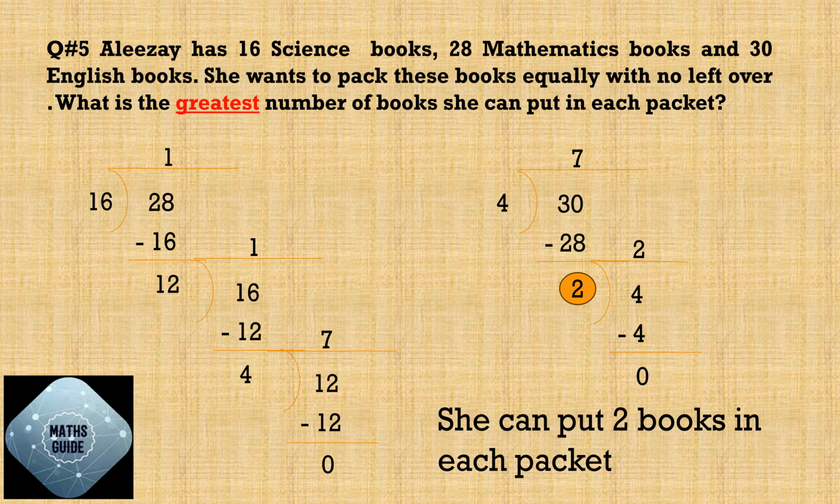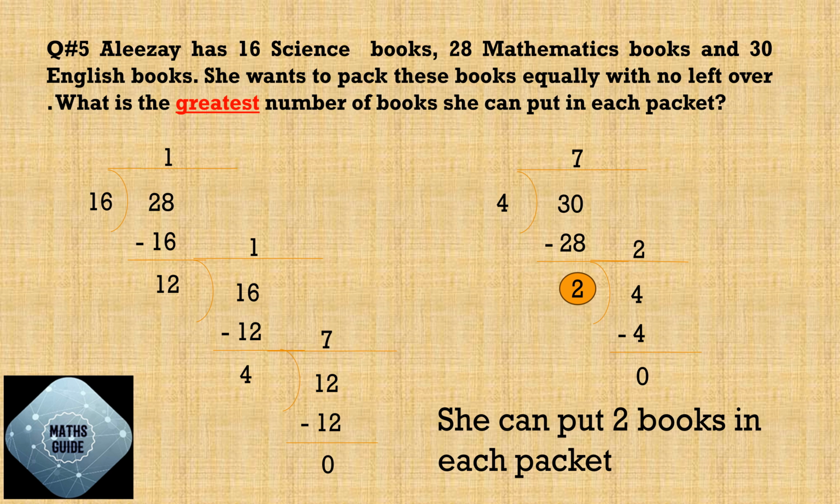This is number 1 real life example from your exercise 1.3, question number 5. Alize has 16 science books, 28 mathematics books and 30 English books. She wants to pack these books equally with no leftover. What is the greatest number of books she can put in each packet? Just keep in mind the number of books have to be distributed equally. For these kinds of questions, HCF will be helpful to find the greatest number of books she can put in